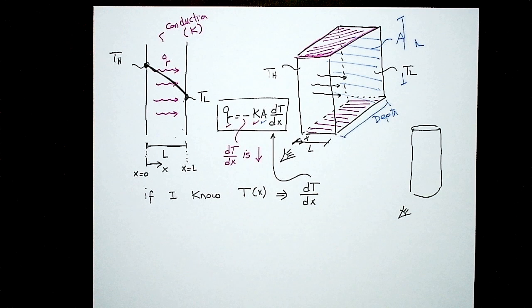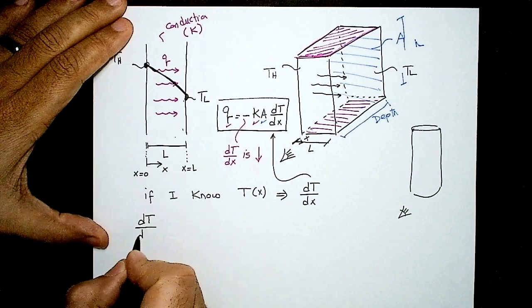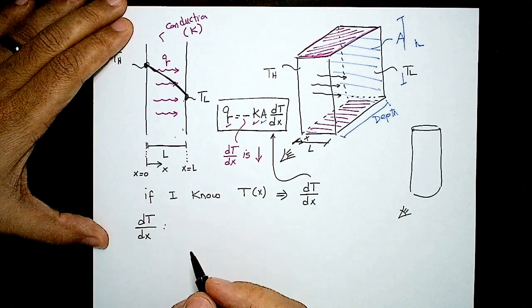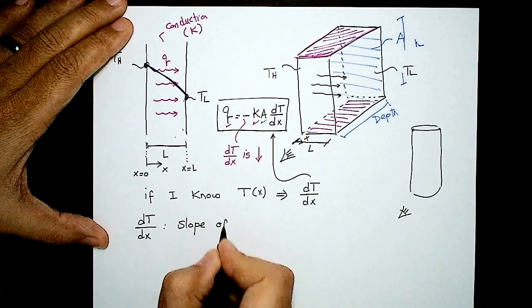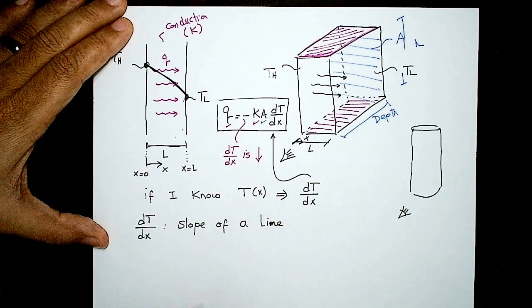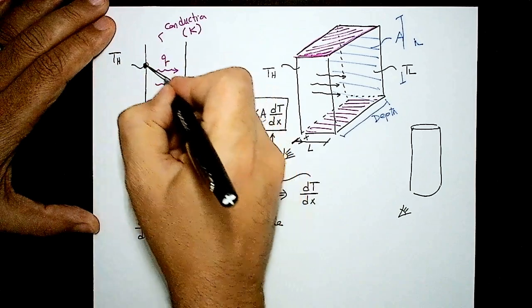But so far, we don't know the temperature function of x. So the first assumption that we're going to use is that dT by dx is the slope of a line, which means that we will assume temperature changes linearly, as I draw it here as a straight line, with the position